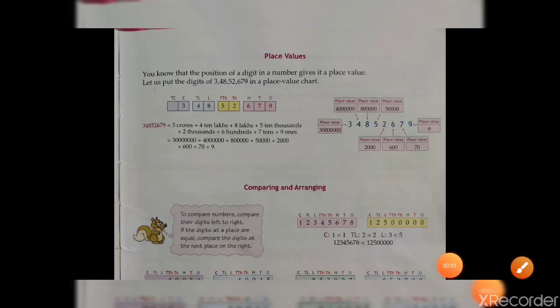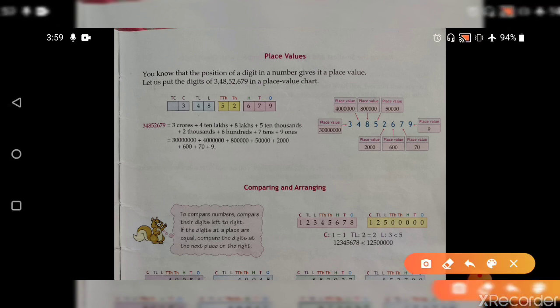So starting with our exercise 3B, first one is the place value. I've already explained the place value in my last video, but I'm going to take a quick review again. Place value is, in a whole number, if we want to know the place value of a particular digit, at what place it is placed, that will be the place value. Let me take one example. If I take one number which is